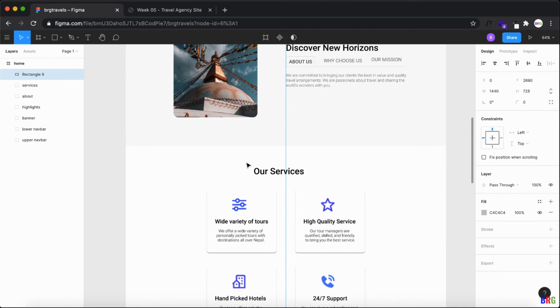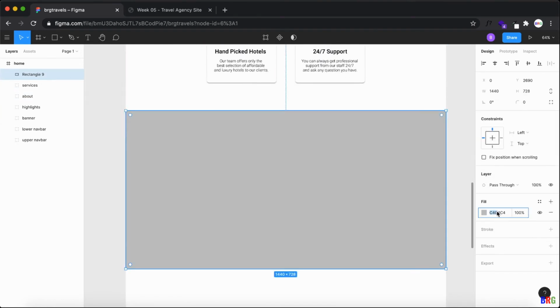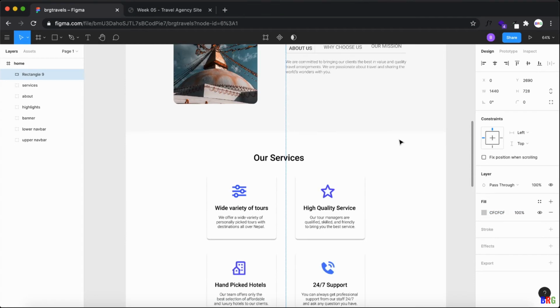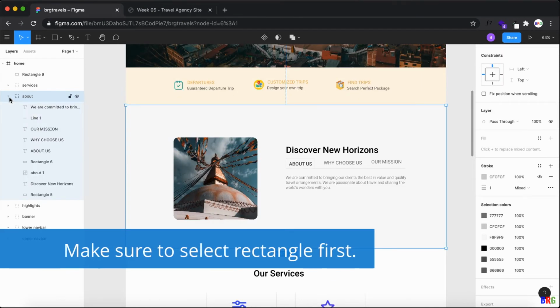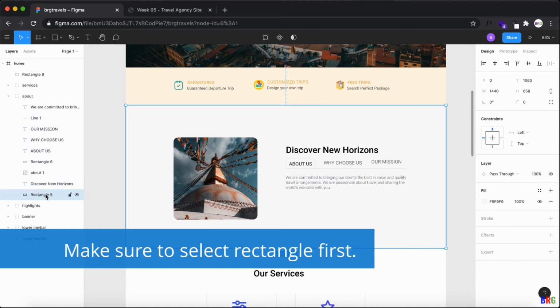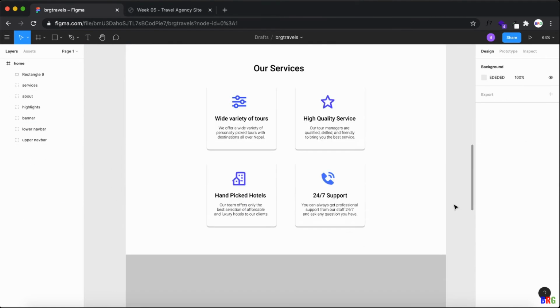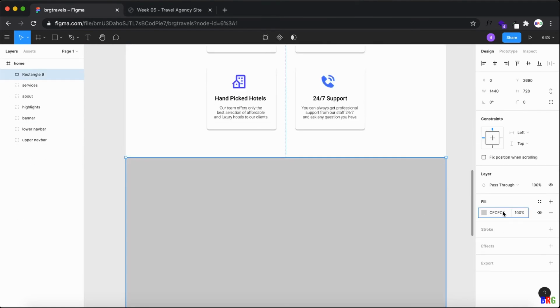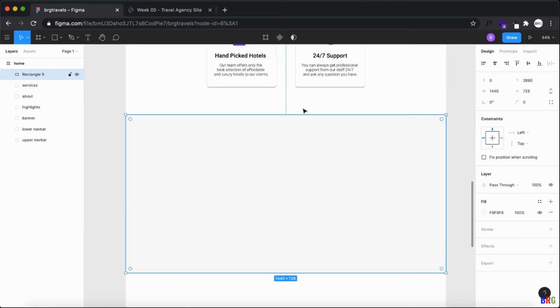And now I need to use the same color for the background. I don't think it's that one. Okay, sorry. I need to basically check the fifth rectangle, which is F9. You need to only check the fifth part, not the whole group. That is F9. Okay, now you got the expected background. Now you have best trips.